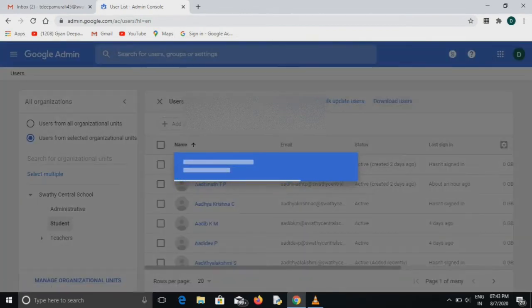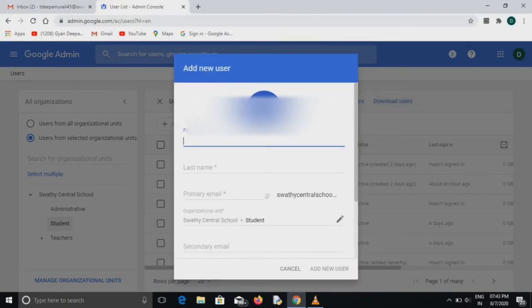When you click on that, you can see this window, and in it you can add your users, your students, one by one. There are two methods to add students. One is to add a new user one by one. Otherwise, if you have a large file consisting of many student details, we have to use bulk upload of data.